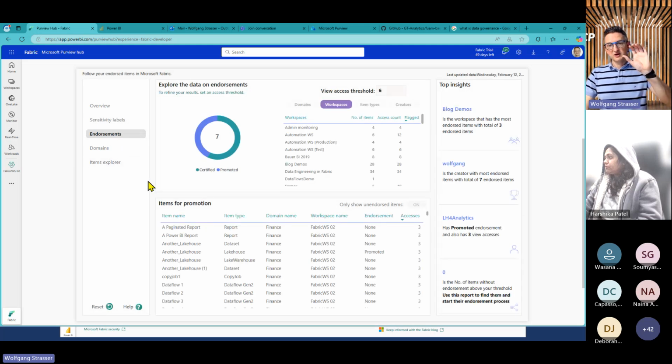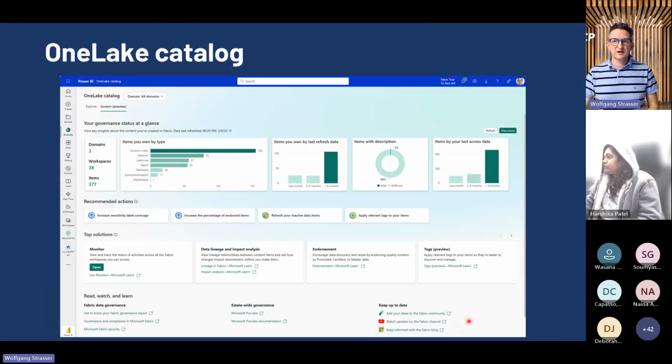So it's really a thing where we get all the summarized information. We've got some missing information. We should add more tags, sensitivity labels, and so on and so forth. So this is where it really comes together within Fabric. Start by enhancing your metadata, adding a description, adding tags, assigning endorsement labels, and so on, and have a look at the OneLake data catalog, as you can see here, but also at the Purview Hub that gives you an answer or some hint where you could improve and, well, add some more information.